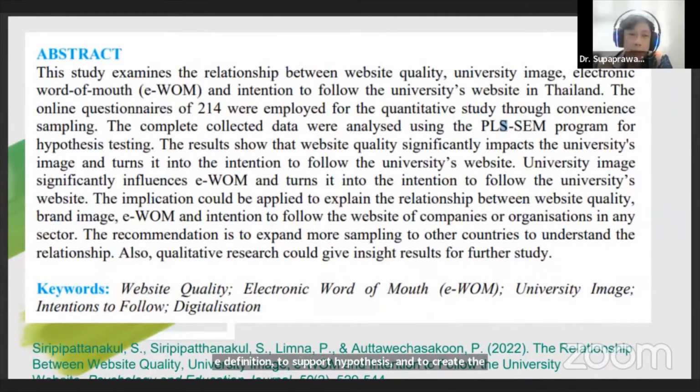For example, in this case, when you write the abstract, it comprises 4 parts: the objective, the methodology, the result, and the conclusion and recommendation. In this case, the objective is to